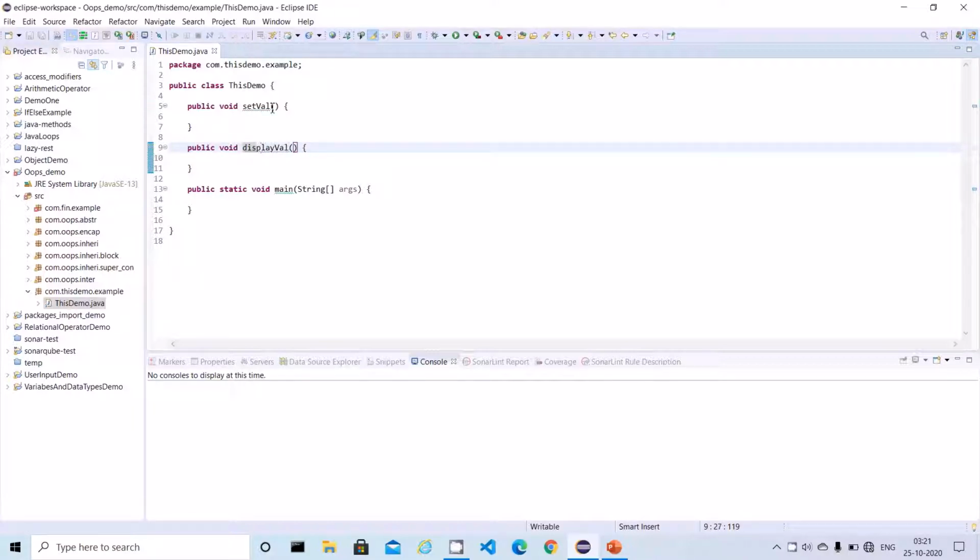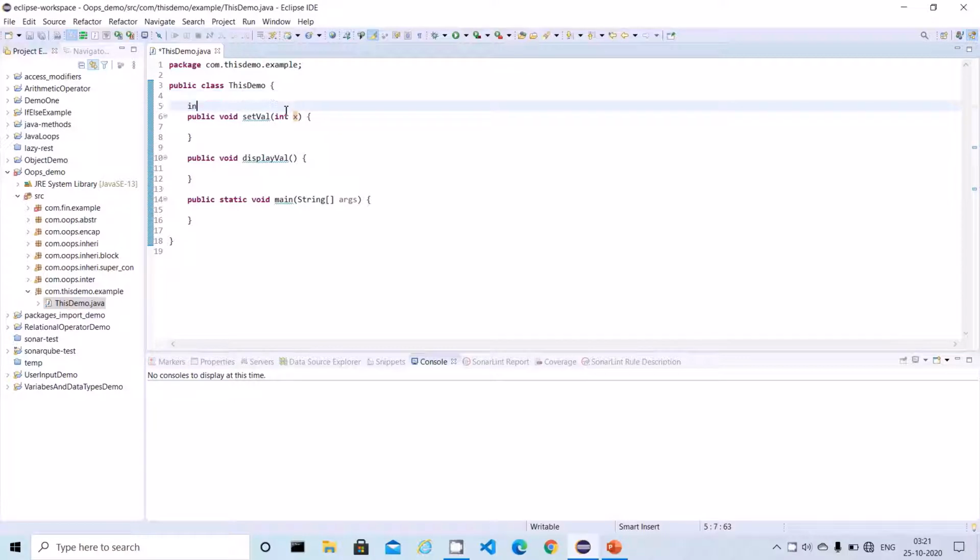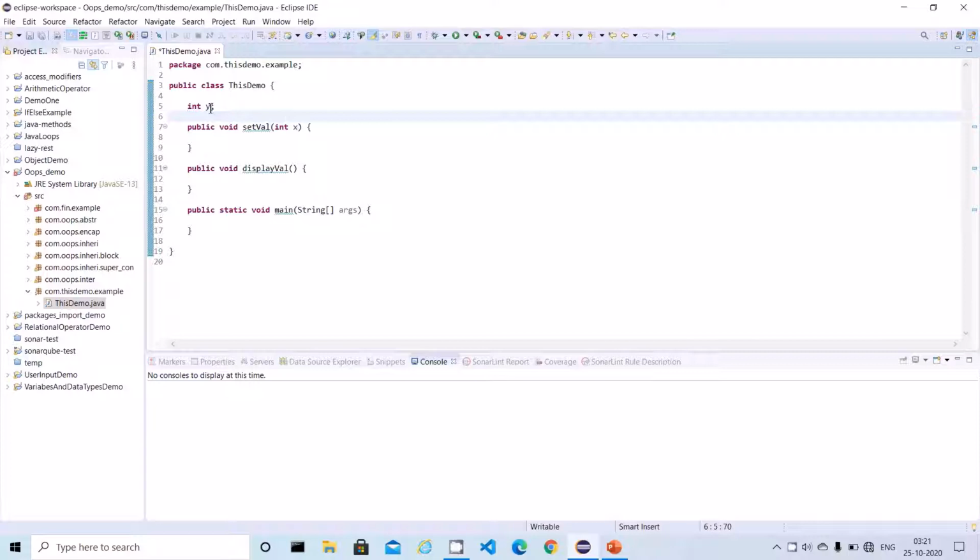Here I am going to set the value, integer x, and integer y is the value I am going to display. So y equal to x.